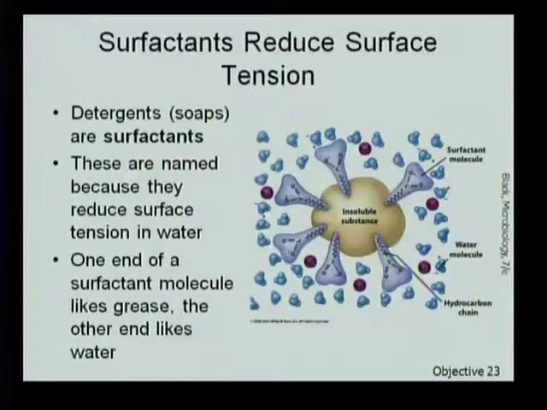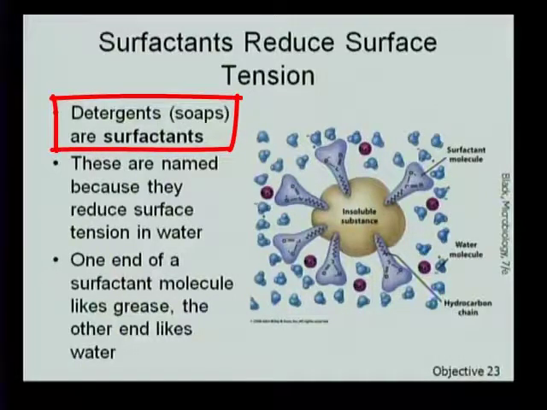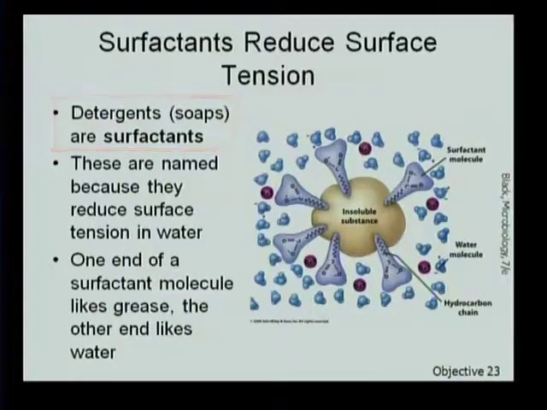This is important in human medicine because we need to secrete a product in our lungs called surfactants. And a surfactant is the same thing as a soap. You may have noticed that if we add soap to the water that's mounded up over the top of a glass, that we actually destroy its properties. So if we have a little droplet of water, which forms a little round thing, and we add soap to it,